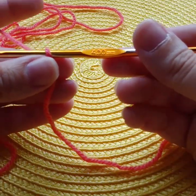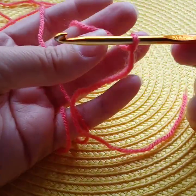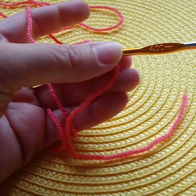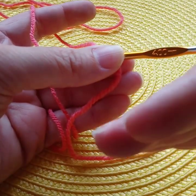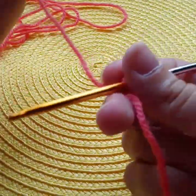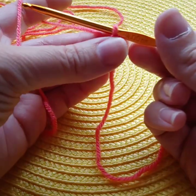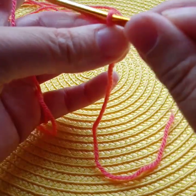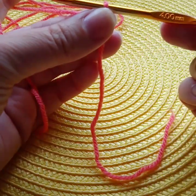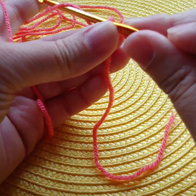Okay, so we now know how to make our slip knot. We know how to hold our yarn. The next thing is to make the chain. The chain is the foundation row along the bottom of your work that everything is going to be worked into. So we need to know how to do that before we can learn any stitches. To start off, I hold the knot. It helps to keep it in place and give you a bit more control. So you're going to take your hook, you're going to slip it underneath the yarn in your hand,